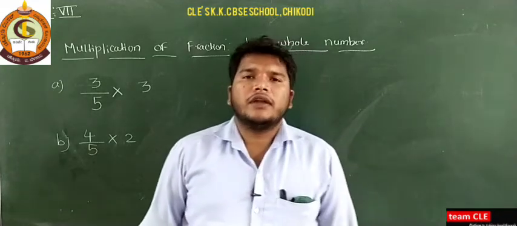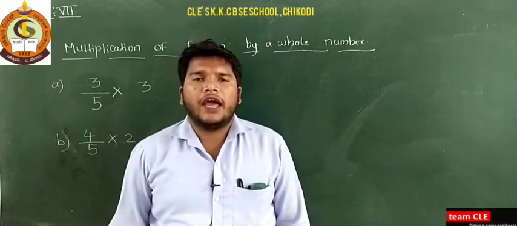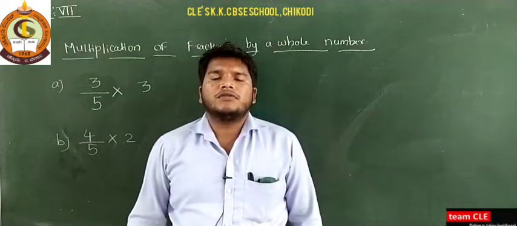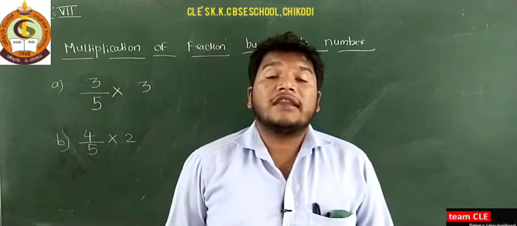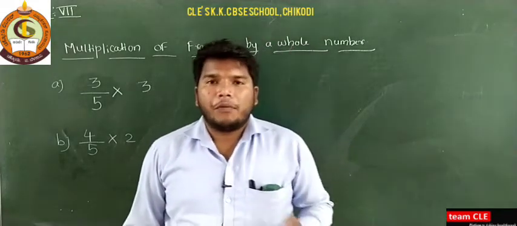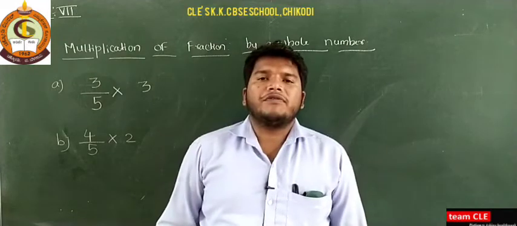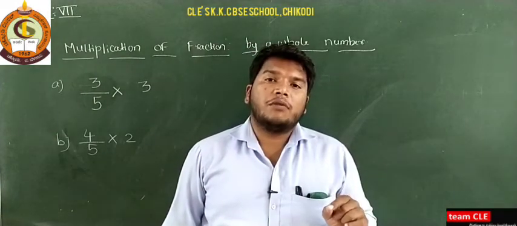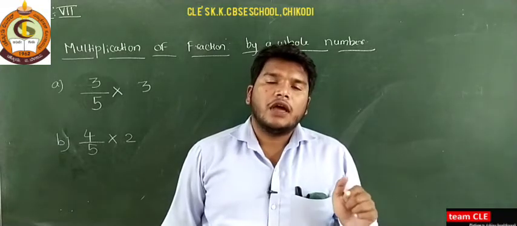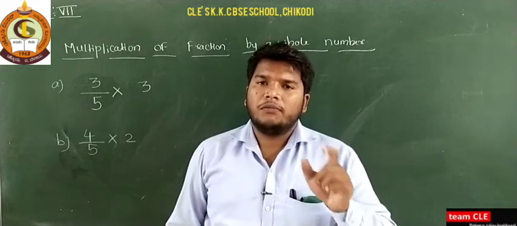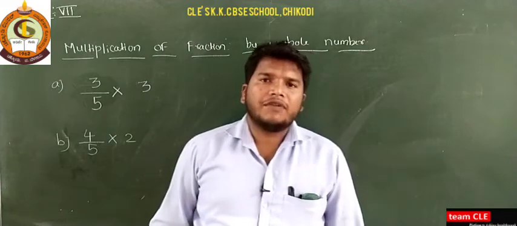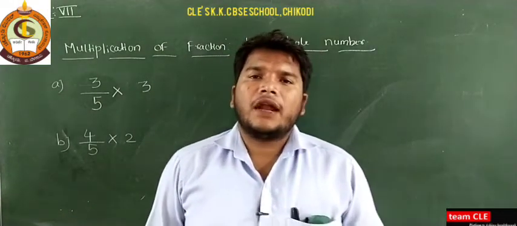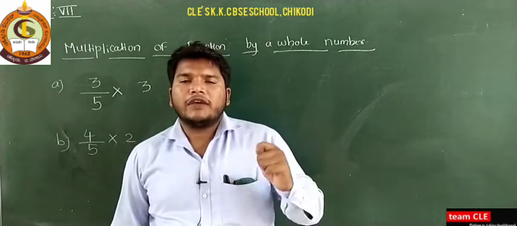Also you studied the definition and an example of proper fraction. A proper fraction is a number in which the numerator is less than the denominator. An improper fraction is one where the numerator is greater than the denominator. A mixed fraction is a whole and its parts. These are some of the types you have studied, along with the conversion of improper to mixed fraction and mixed to improper fraction.